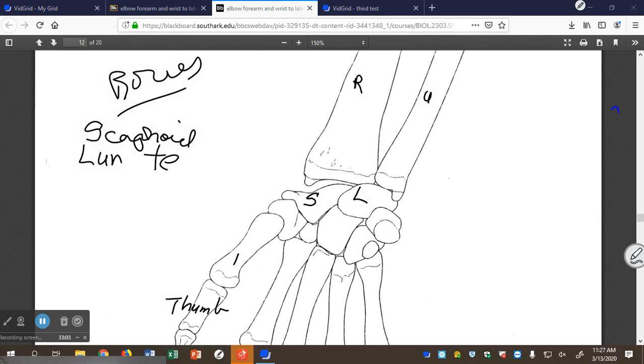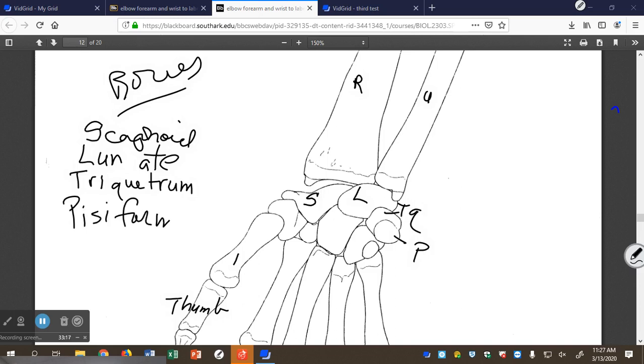Well, it won't let me make an A. Triquitrum, so I'll put TQ. Triquitrum and pisiform. Okay, that's for this proximal row of carpals. Now, for the distal row, we're going to have trapezium,